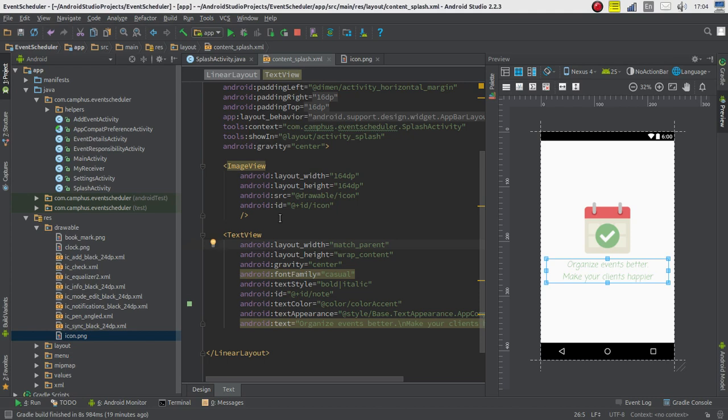Now for the text view, we have the text view here, and we give it width match parent, height wrap content. Now specifying size in Android, you can specify size in three ways. The first is saying match parent. Match parent means it's going to take as much space as the parent, as big as the parent is, which means if the parent is as big as the entire screen, then it's just going to take the entire